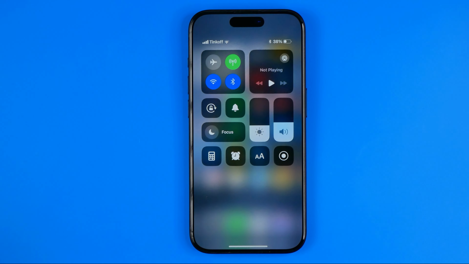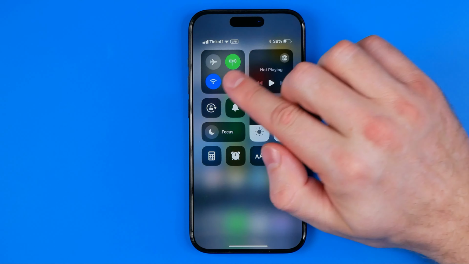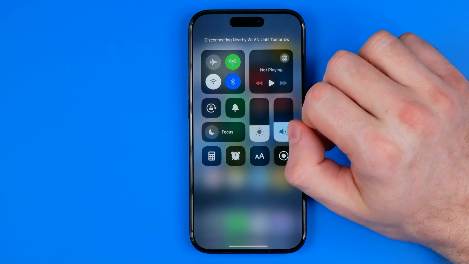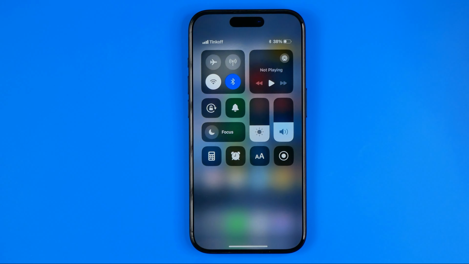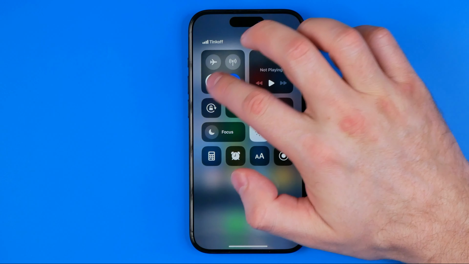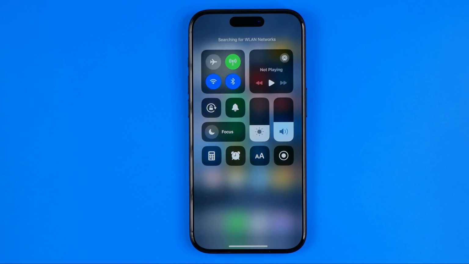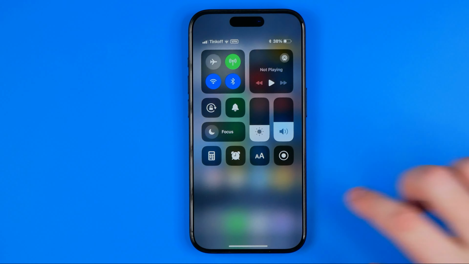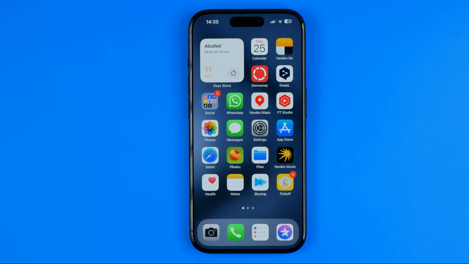And then, if it doesn't help for some reason, also I recommend you to turn off Wi-Fi and cellular data. Wait for a couple of seconds and then turn it back on, and then check if it helps you or not. If for some reason it doesn't help you, the only way you are going to try is just to